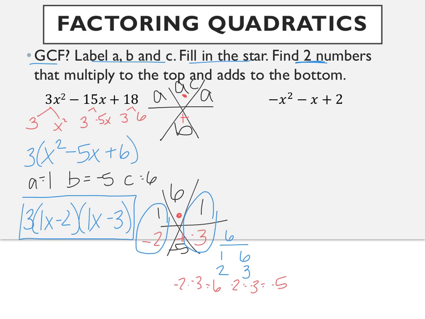So now we need to look at this second example. I have negative x squared minus x plus 2. Remember, twice in your video last night I said you can't have a negative in front. So I don't have a number that I can take out of all of these things, but because of this negative, I want to take a negative 1 out of everything. So negative 1 times x squared would give me negative x squared. Negative 1 times x would give me negative x. And negative 1 times negative 2